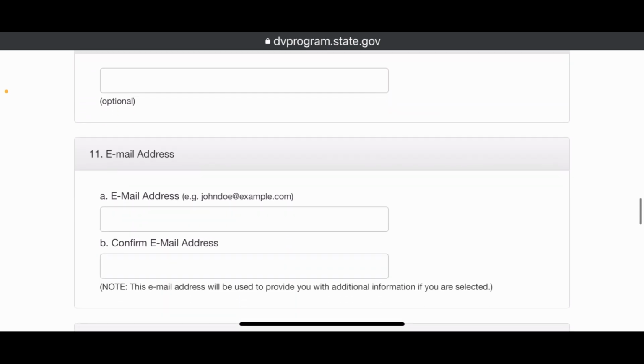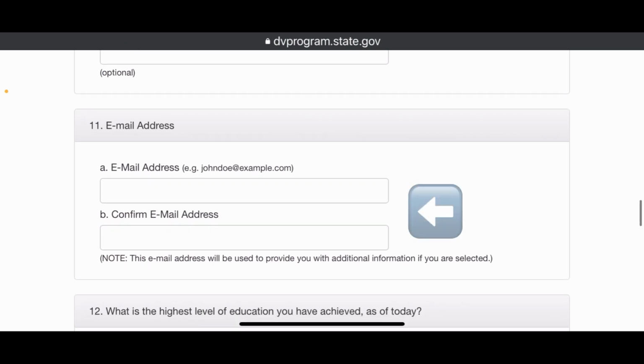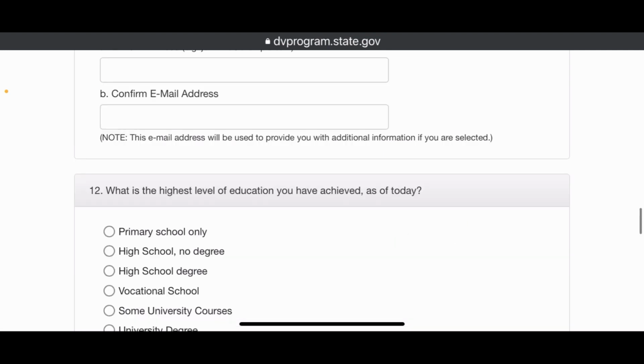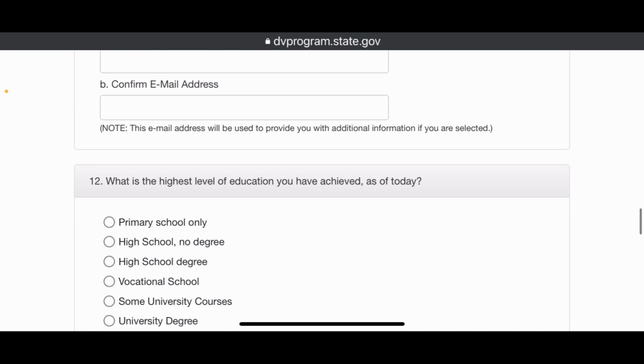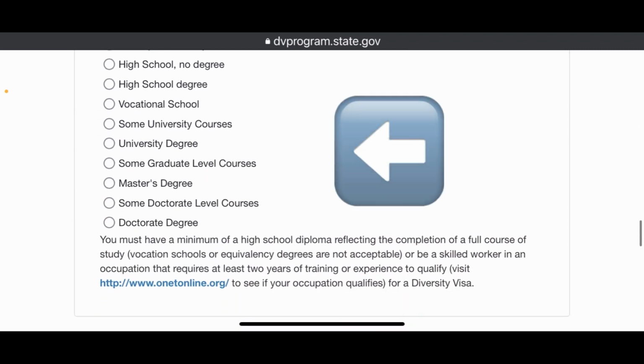And then email address. You can notice that you are required to write your email address twice, because email in DV lottery is very important. What is the highest level of education you have achieved as of today? Now there is a small instruction down. It says you must